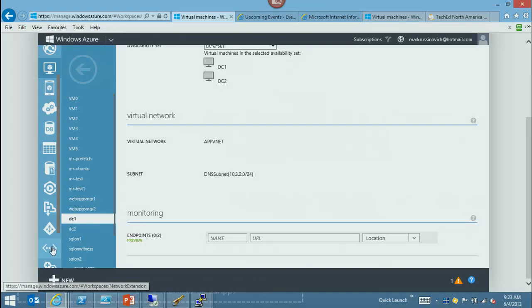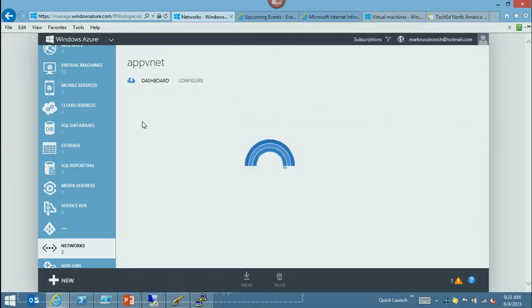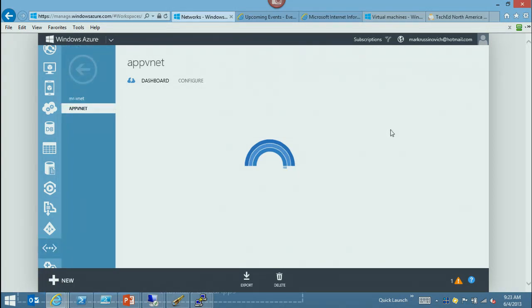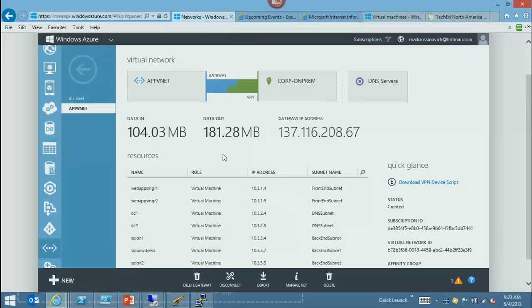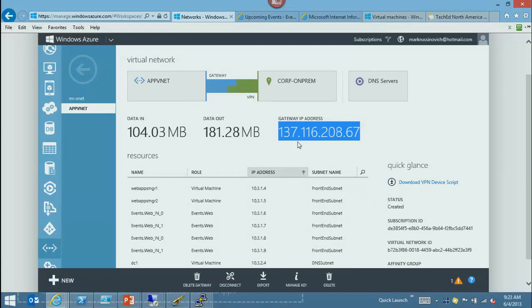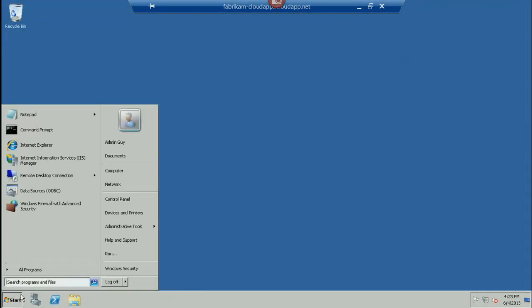If I go to the virtual network configuration page, you can see here's app vNet. And I've created a gateway, the app vNet gateway, which is connected to my CorpNet on-premise network. And when you create a public gateway, you see that you get a gateway IP address here, which is what you'd want to configure for your VPN device. Let's go into that VPN device, by the way. And I can get to it all the way from those front ends. That one that I remoted into here,